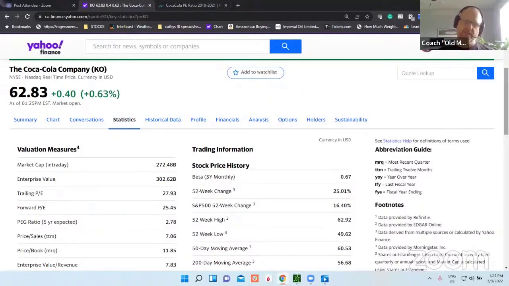A PEG ratio is simply, the price is what we pay, earnings is what we get, and then we add into that the growth component. This is taking your growth rate that we talked about last time and bringing it into the mix, and it comes out to a number. Now, that number is somewhat arbitrary in the fact that one company could have a PEG of 1 and one company could have a PEG of 50. One is not necessarily bad or worse than the other, because you have to compare apples to apples.